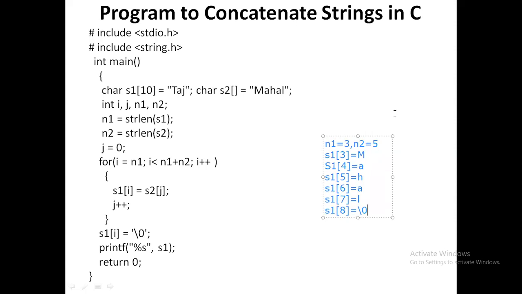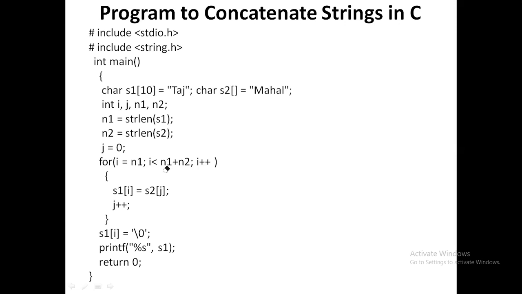That is the concatenation. I am adding the string S2 to S1, and the whole combined string will be S1, where I start at the end of string S1. That's why it is written as I is equal to N1. Up to how many elements will I be adding?